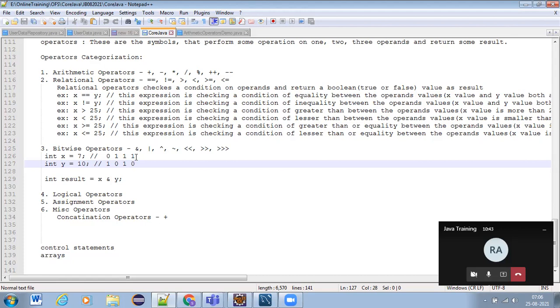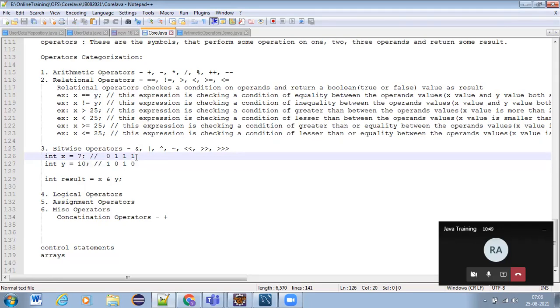Actually, an int is 4 bytes in size, right? 4 bytes means 32 bits will be there. So from the right side to the left side, the value will be placed in these bits, right?